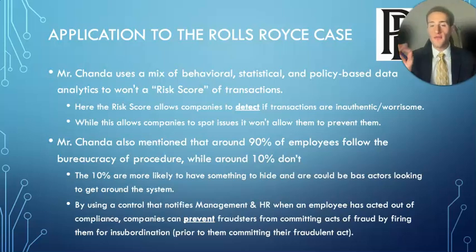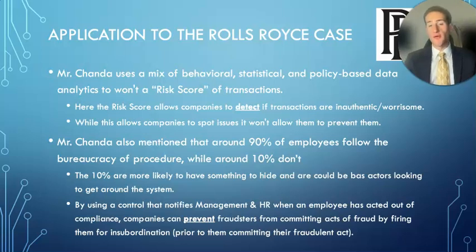So by firing them before they can commit fraudulent actions, firing them for non-compliance of company policy, you prevent them from being able to further be non-compliant and possibly commit fraudulent and corrupt bribery acts. So in these two ways, I feel like Mr. Chanda's analysis can help us detect and prevent fraud, and this certainly applies to Rolls-Royce and their corrupt case as well,